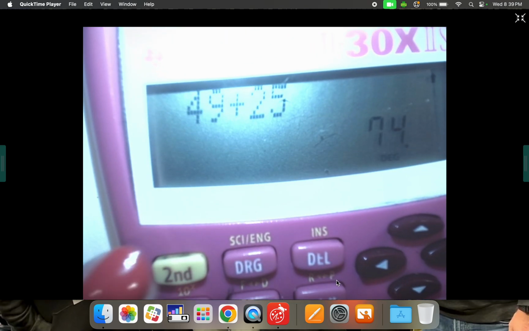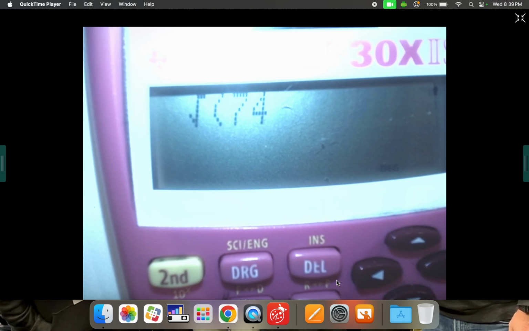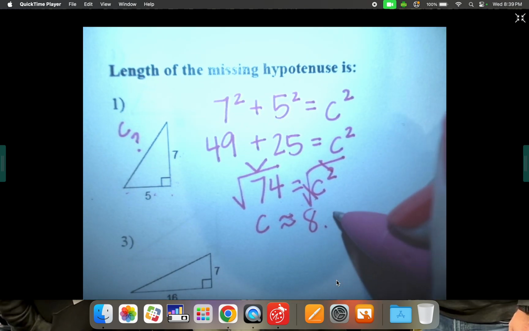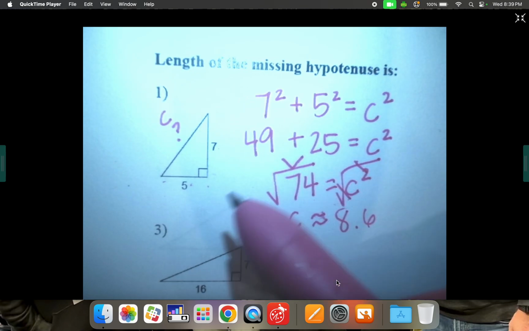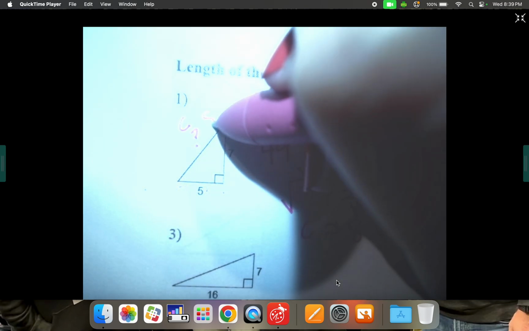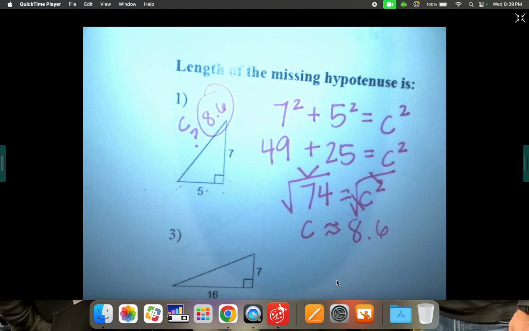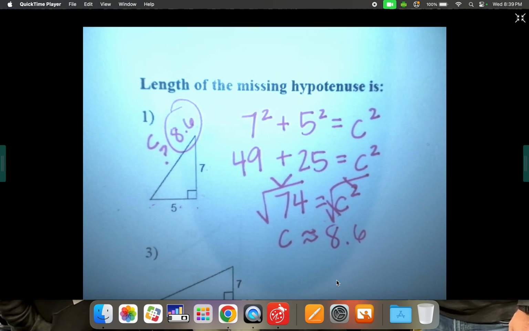It's going to be wonky, but that's okay. Square root of 74 is about 8.6. We'll call it 8.6. Now that is a much more appropriate length for a side length of a triangle to be: 5, 7, and 8.6. Much better. Okay, let's just do maybe one more of these, and then I'll feel like you guys will